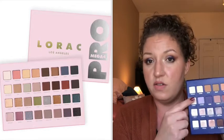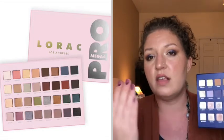And for those of you who don't know, I have been panning the Lorac Mega Pro 2 this year because I love this palette. I love that it has 2 rows of mattes and 2 rows of shimmers, as well as a gradient from light to dark. And the Lorac Mega Pro 4 is no different. The only difference that makes me wish I had purchased it